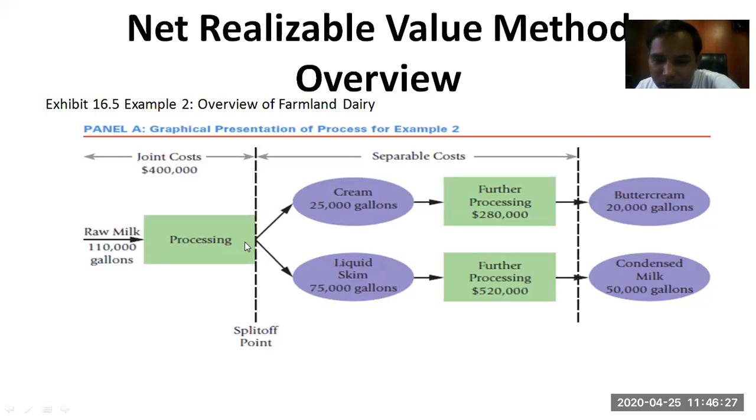So moving backward, in physical measures you're calculating on the basis of your weightage, your quantity produced, whereas in the NRV method we are moving back. If this product had a certain sales amount at the split-off point, we could have allocated this joint cost only on the basis of the sales value. Whereas here we are moving back from this product to processing cost, that is the separable cost, minus joint cost. In that way, it can be calculated.